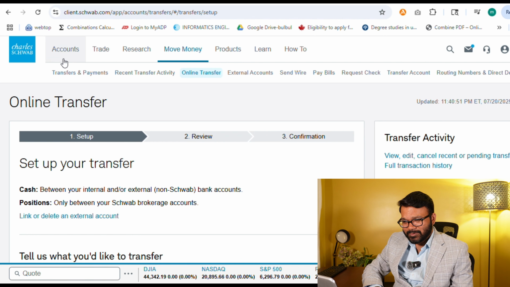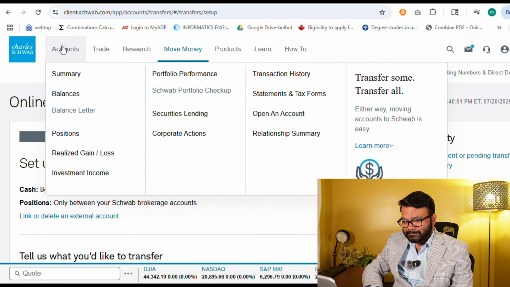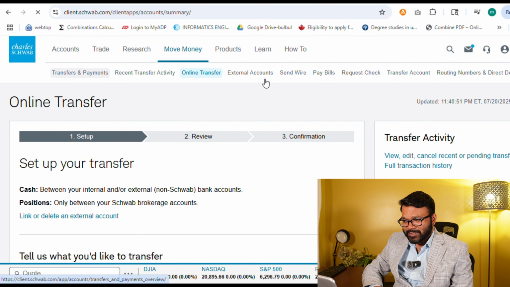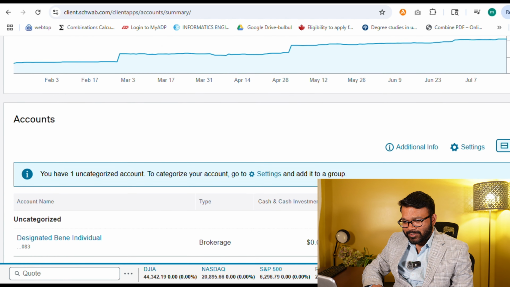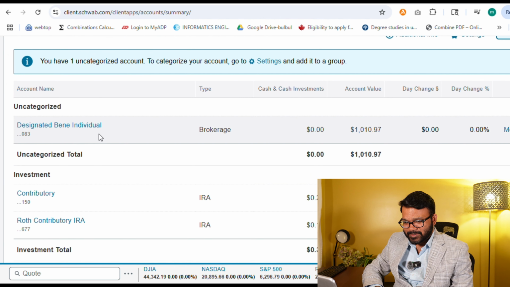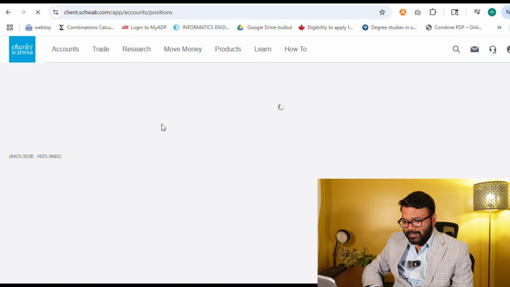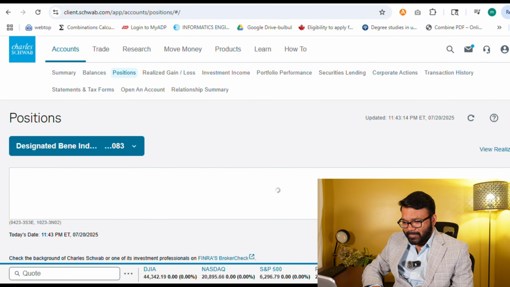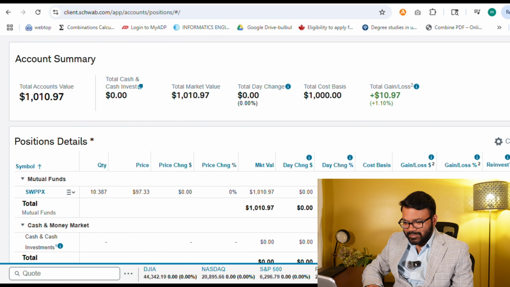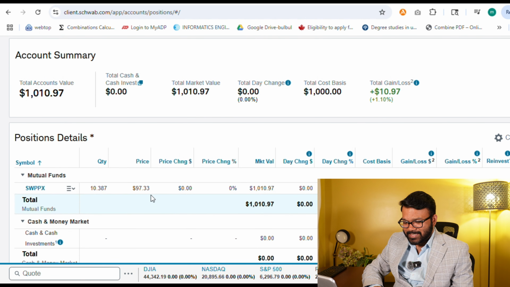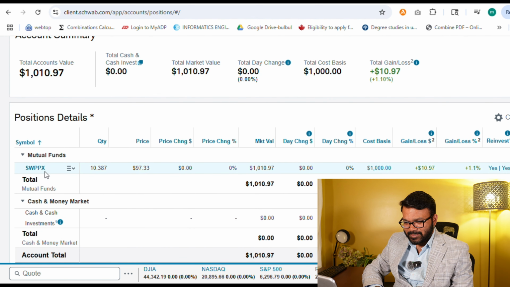Let's say you go to the account and click on the summary, and then if you have not done so, you come here and identify your brokerage account. For example, this is my brokerage account. You see that I have already done that. It shows the market value and it shows the S&P 500 index fund. In case you're new and have not done that, you need to do it the first time. So you click on that,